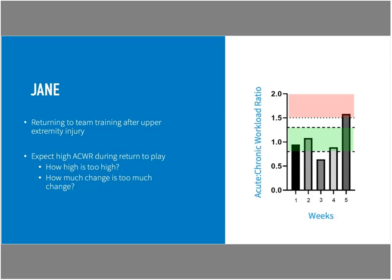But in this particular scenario, between week 3 and 4, the increase in training load was 33%. And then from weeks 4 to 5, the increase in training load was 44%. So it represented a much larger increase in workload than what's recommended, the 5 to 10% increase. And so identifying that Jane is returning to play after an injury that requires some time away from training, as well as her desire to get back to training with the team as quickly as possible, and this objective data with the acute to chronic workload ratio, we sought additional objective information, and that's where the blood biomarker data really